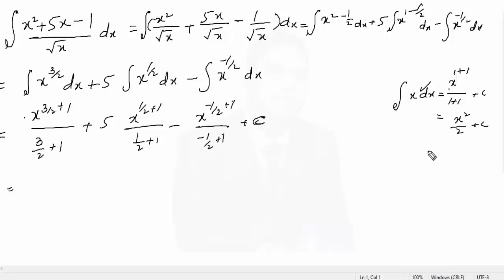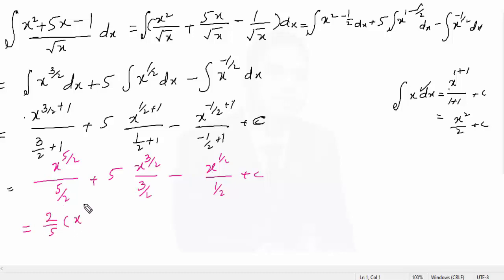Here you can see that this is 2 plus 3, 5 by 2. So just one more step, 5 by 2, for those who are not familiar with this. 5 by 2 plus 5 into x raised to 3 by 2, minus x raised to 1 by 2, plus c. After solving this, we get 2 by 5 x raised to 5 by 2 plus 10 by 3 x raised to 3 by 2 minus 2 into x raised to 1 over 2 plus c. So this is the